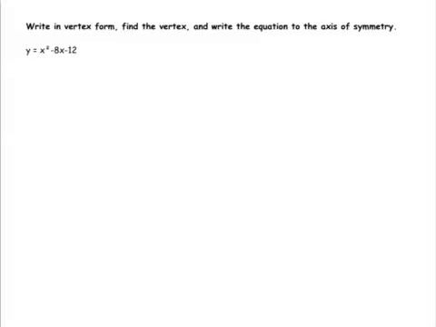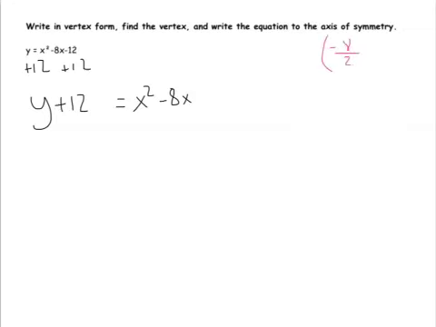With completing the square, as usual, I need to get the x squared and the x on its own side. So I'm going to add 12 to both sides, and I get y plus 12 equals x squared minus 8x. And I'll do my side work. I'm going to take that negative 8 divided by 2 and square it, so I get negative 4 squared, which equals 16. Okay, so I'm going to add 16 to both sides,